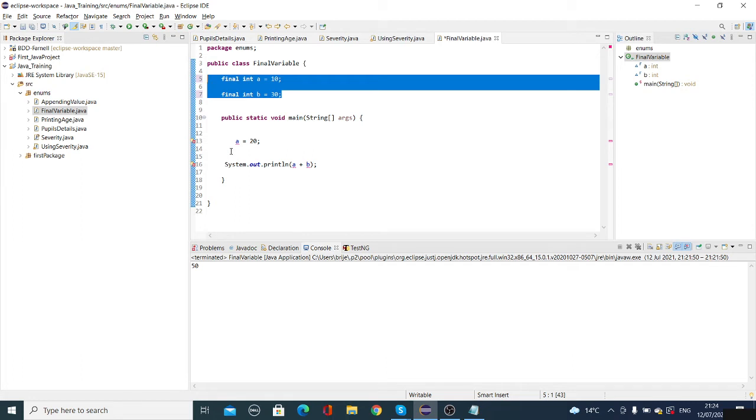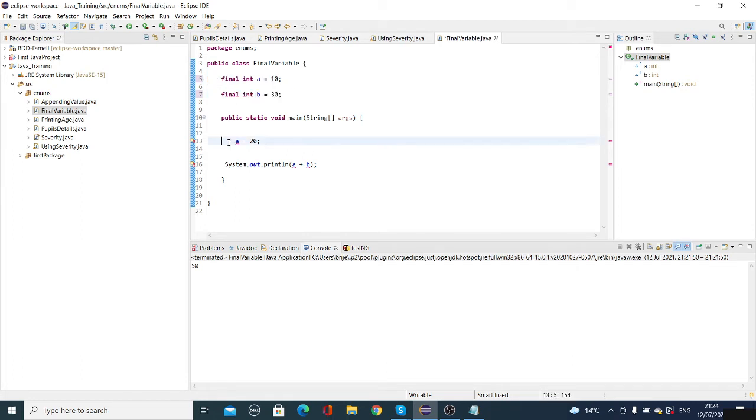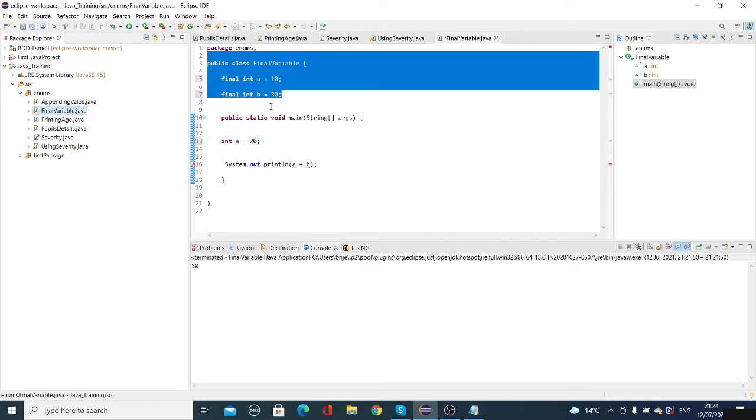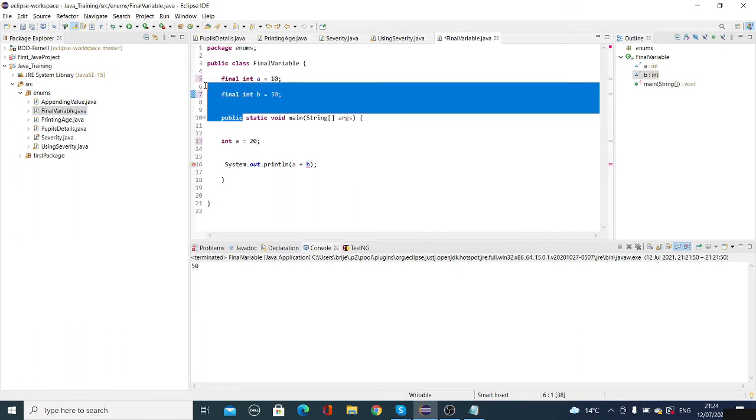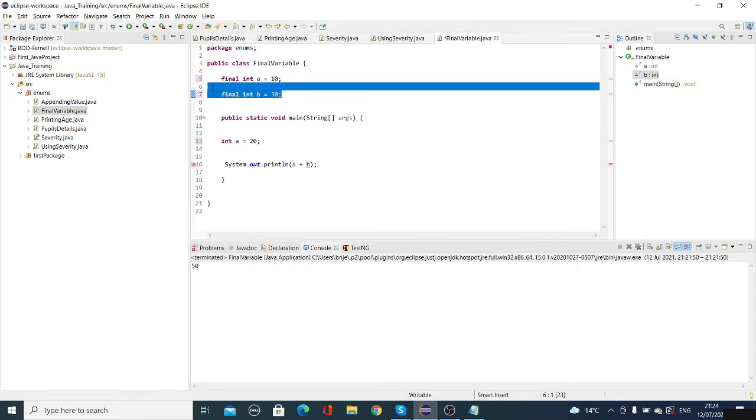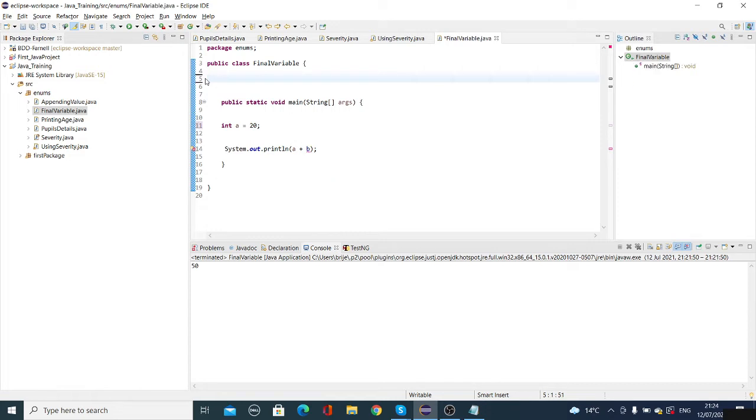That means you are declaring the variable again. So if you put int a, this is a totally independent variable. It has nothing to do with the other one. For example, if you delete this variable, then you are declaring your variable here only. Okay, so in this case, I understood your question. See, if you are declaring a variable here,